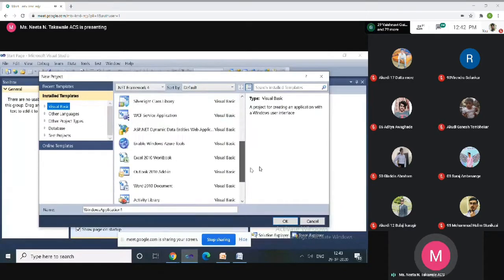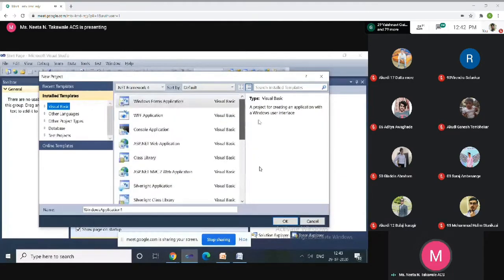So many frameworks are there, but in your syllabus only two: Windows Form application and console application. First we'll see how to create the application using Windows Forms, with the help of one or more forms. Clear?